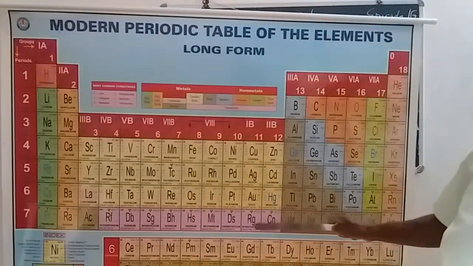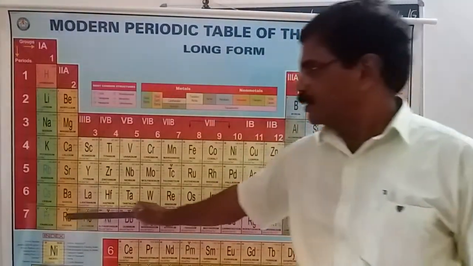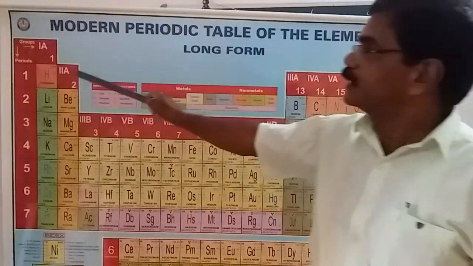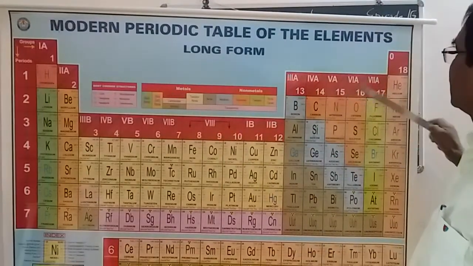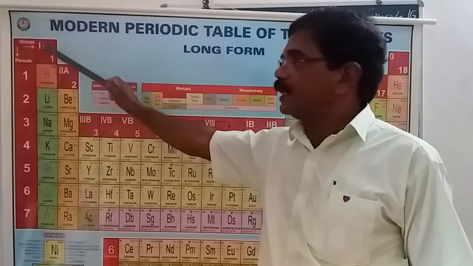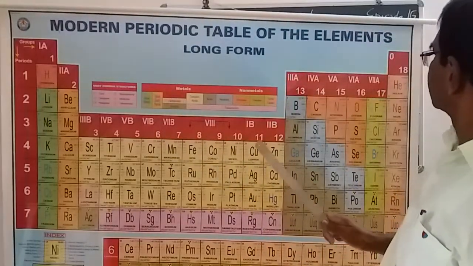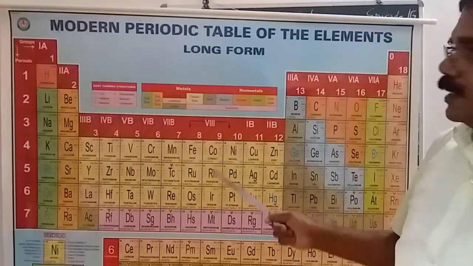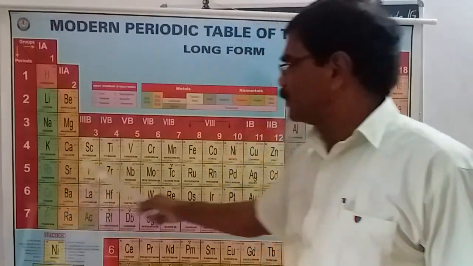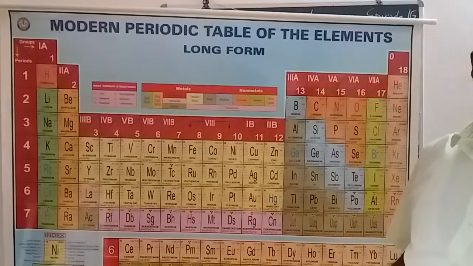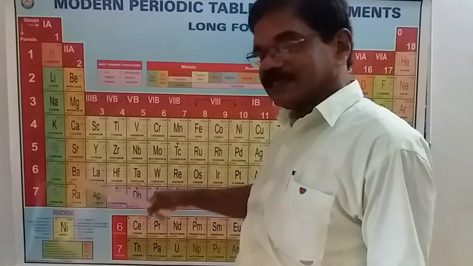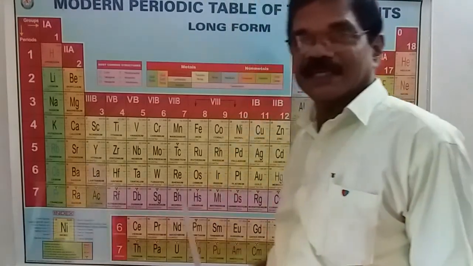There is no doubt it has 7 shells. And the smallest atoms are always in the first period, which has only a single shell. Which are the elements in the first period? Hydrogen and helium. Then, which is the biggest atom? Left side or right side? We are going to a conclusion: biggest atoms are at the bottom. Then the second question: left side or right side?